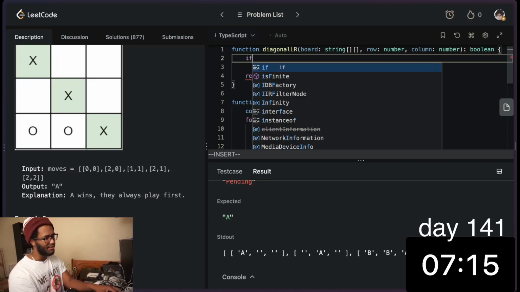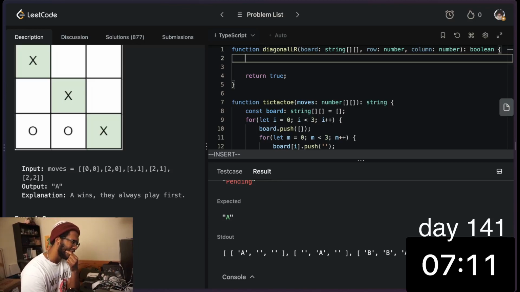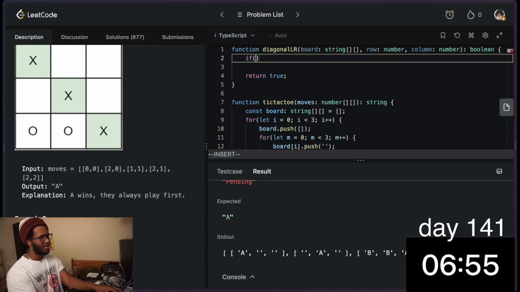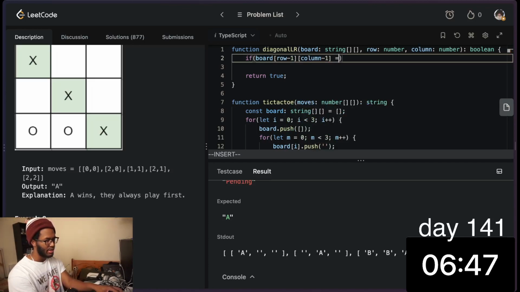So we'll say if top left is, right, so we'll say if board sub row minus 1 sub column minus 1 equals,